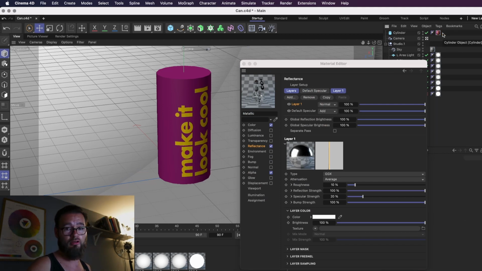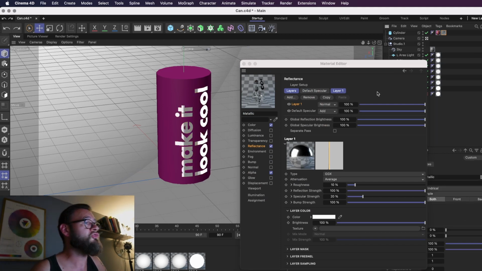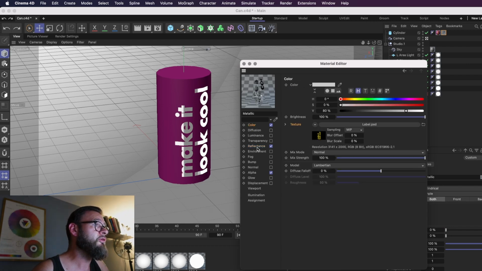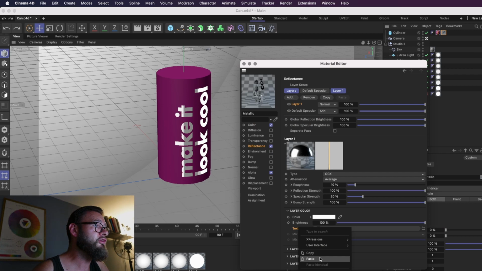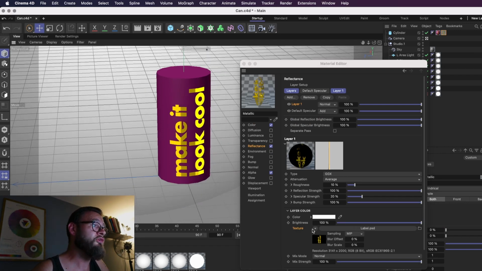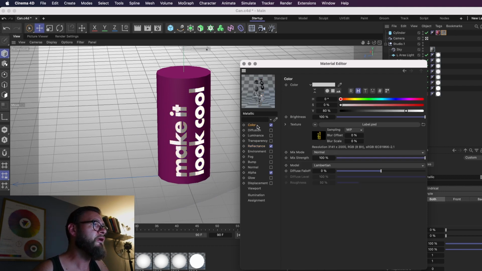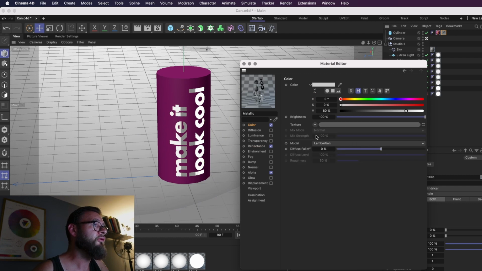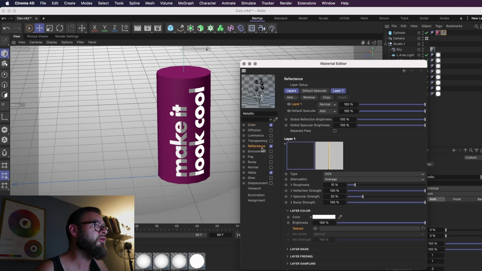obviously you'd have the base layer, but now we have the metallic layer on top. We can have some funky time with it. Copy that reflectance, paste that in there. You can have it in yellow, or if you don't want to do that, delete that. Yeah, hang on, no. Clear that. You can clear that. Color, clear that, and then change the color to whatever color you want. As long as it's